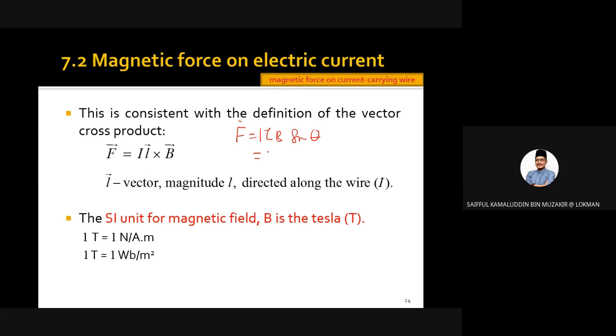This is actually F equals I L cross B. It means that if we